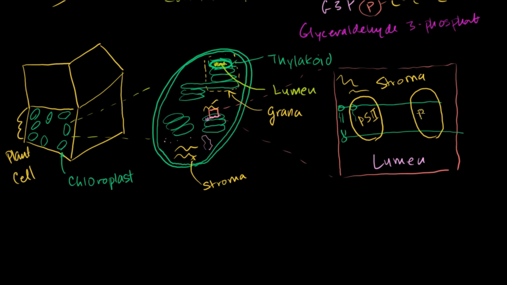Then you also have photosystem 1, and then you have other molecules, other complexes. You have the cytochrome B6F complex, and I'll draw that in this color. Maybe I'll do it in a different color right here. I don't want to get too much into the weeds, because the most important thing is just to understand that you have other protein molecular complexes here that also span the membrane. But the general idea, I'll tell you the general idea, and then we'll go into the specifics of what happens during the light reaction, or the light dependent reaction,